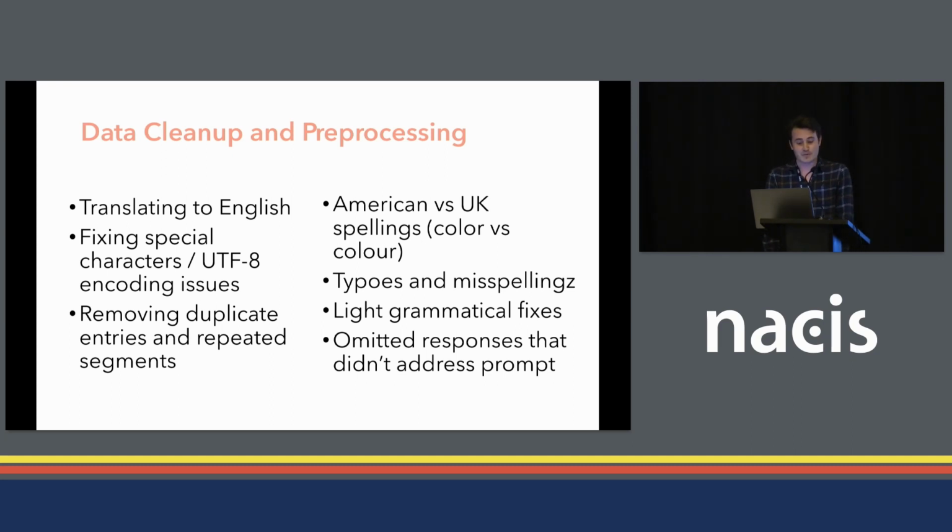Folks could submit more than one map, and sometimes they just copied and pasted their response between the two, so we wanted to remove the duplicates. We needed to standardize spellings and fix typos and misspellings. We did some really light grammatical fixes, because if we're trying to get a computer to understand language, we need to be giving it good, grammatically correct examples of language. And then we took out responses that didn't actually